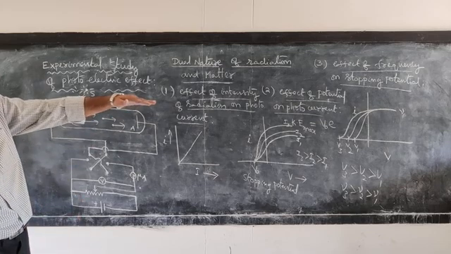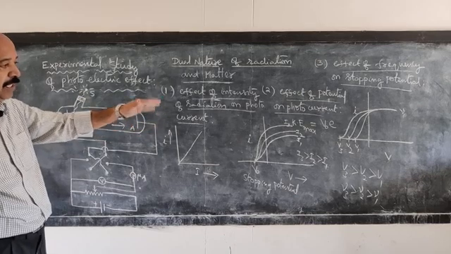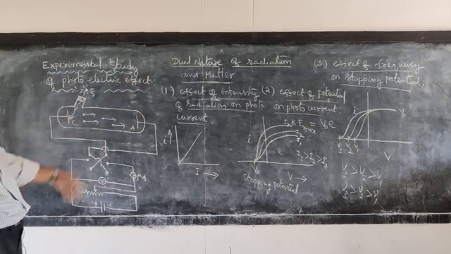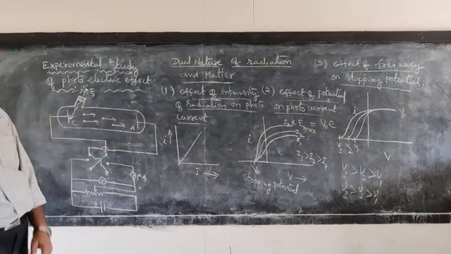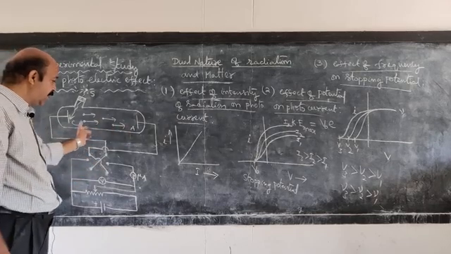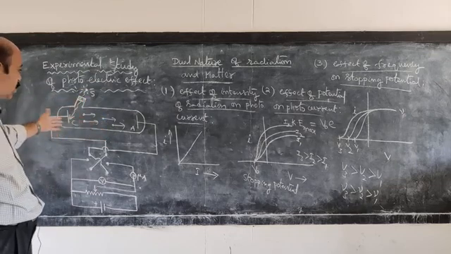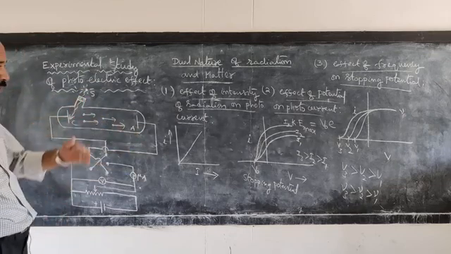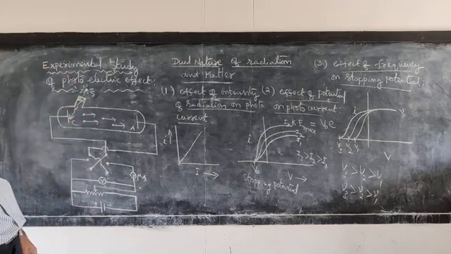But the saturation current is the same. What is happening is that with increasing frequency, the stopping potential is increasing. So for a given metal surface, the anode should have more and more negative potential to stop the energetic electrons coming from the cathode if you increase the frequency of the incident radiation.